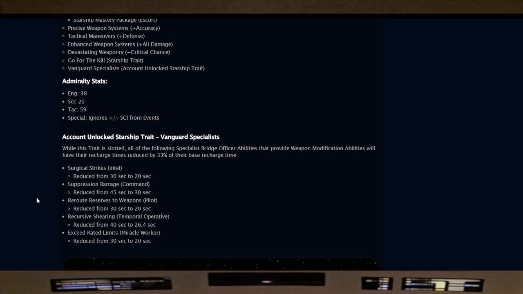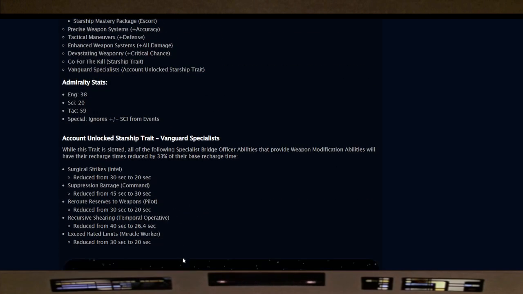That's usually for tanking, reroute reserves to weapons. I haven't heard a lot about that. Recursive shearing apparently is a little bit more ridiculous than it was before. Seed rated limits for Miracle Worker. Again, it is reduced and extends. So for me,